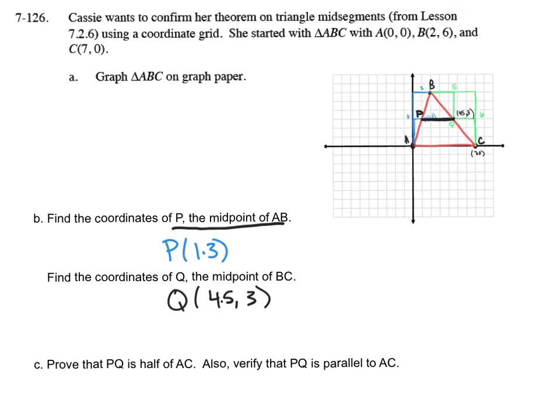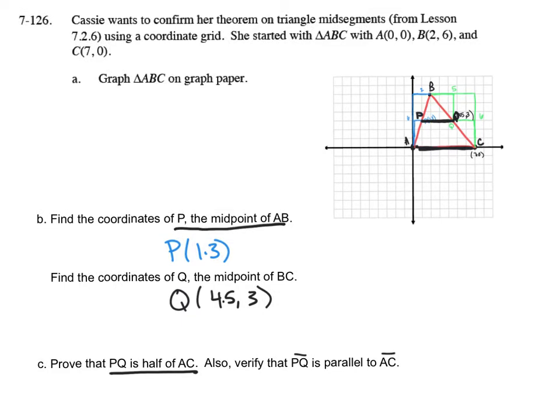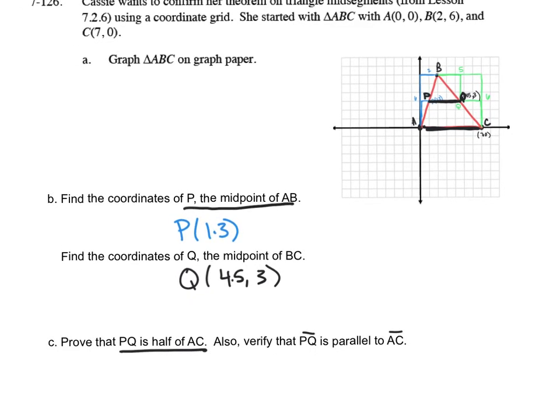And the last part says, prove that PQ is half of AC. Also verify that PQ is parallel to AC. So if you remember when we first proved this theorem about connecting the midpoints, we said that this segment that gets connected here is half the length of the third side, AC, and that it is also parallel to it. So if I want to verify that it is parallel, I'm going to say the slope